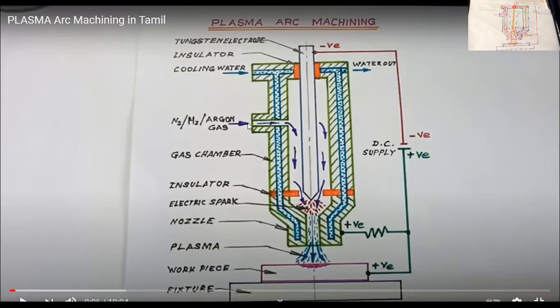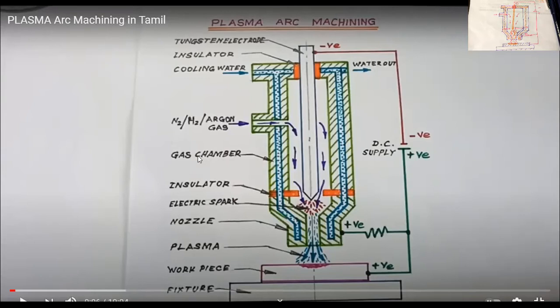And here, this is the inlet chamber of gas or plasma gas, which I said can be nitrogen, hydrogen, argon gas, even oxygen also. That should be supplied in this place through this. Now our intention is what? We have to superheat the gas. Which gas? This gas, which is known as plasma gas. Okay, so it will move in this way.